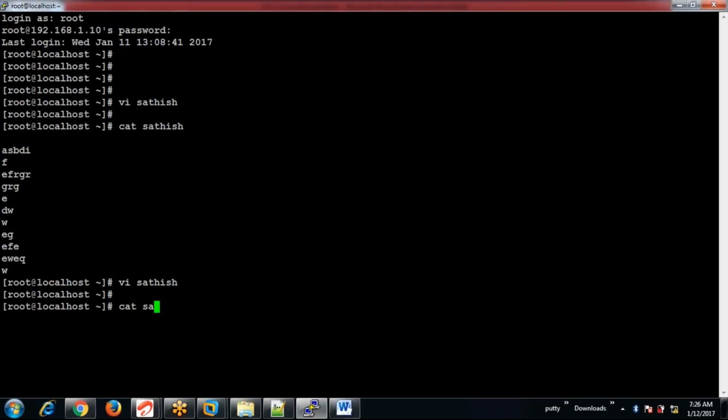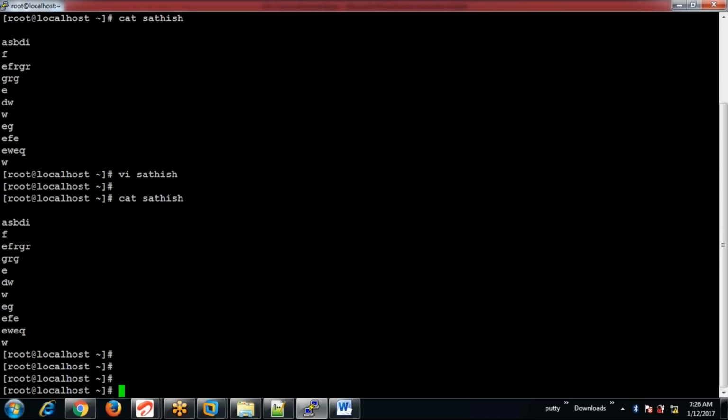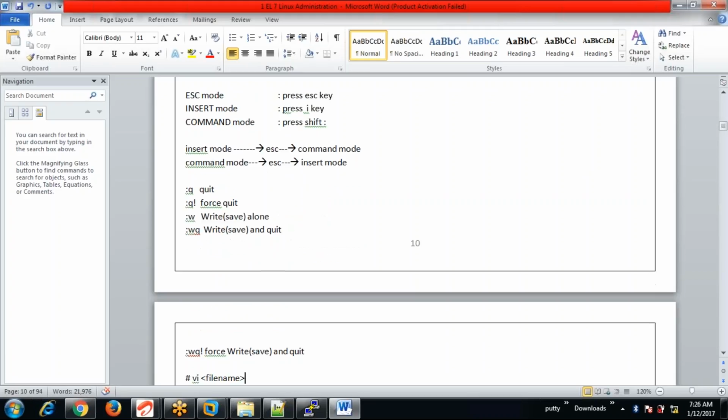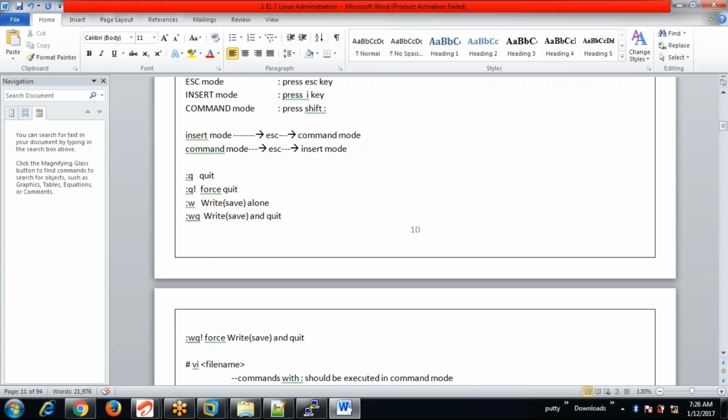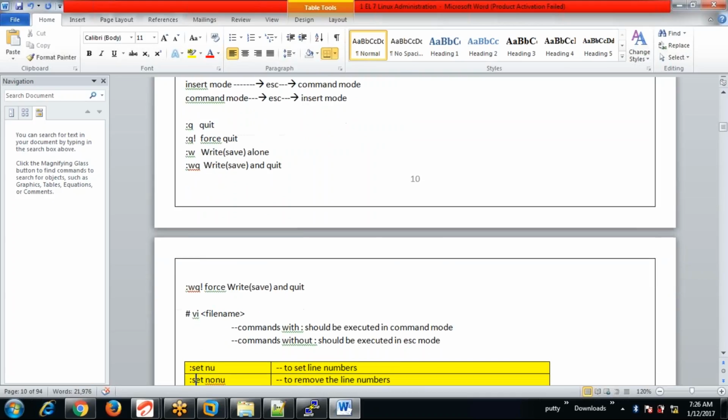So cat space Satish. Only the previous data is available, not the new data. That is the difference between q and wq. And when you are quitting this way, you must use the force quit, the exclamation mark, only then will it come out of the file.